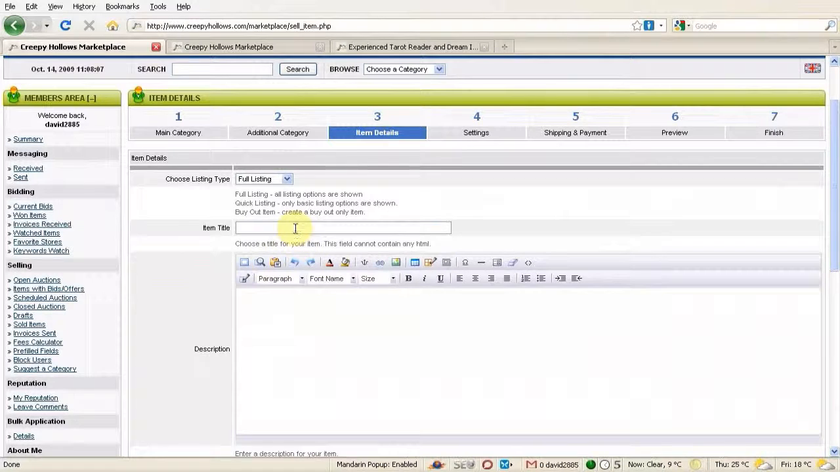Bear in mind that this field cannot contain any HTML. What that means is basically you can't have any stuff like link tags like that. Well, whatever. You can't have that. All you can do here is type in plain text in the item title field. So just go ahead and type in your item title,